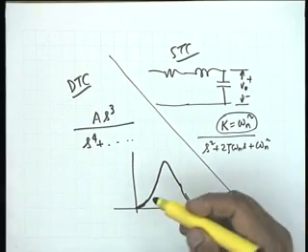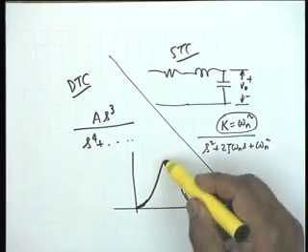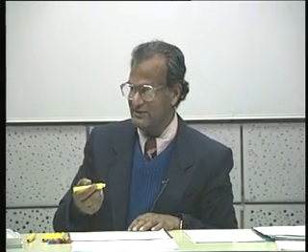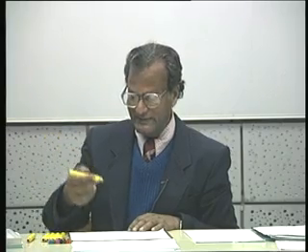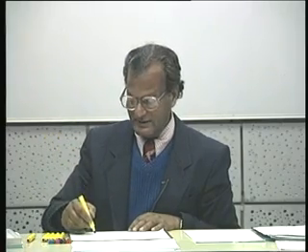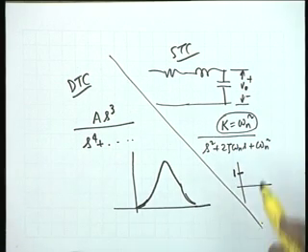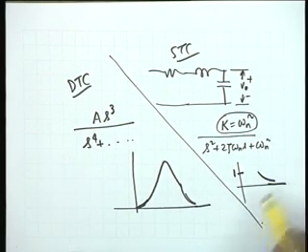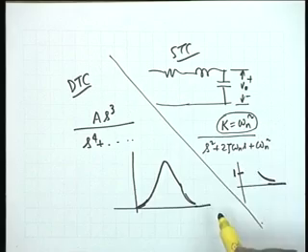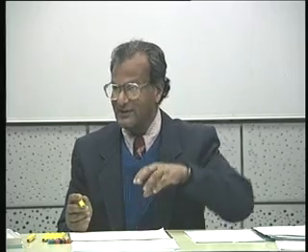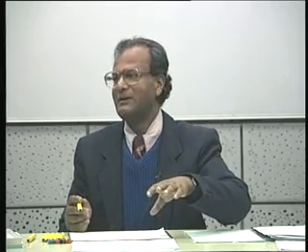Alright. Therefore, in between it must show a maximum, there is no other way. At least one maximum. There can be other maxima also, as you will see in the peaking circle. Whereas in the single tuned circuit, the response starts from unity and goes to 0 at infinity. In between, it may either show a maximum or may not show a maximum. Whereas in the double tuned circuit, there must be a maximum.